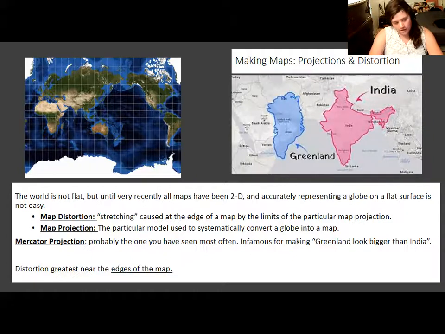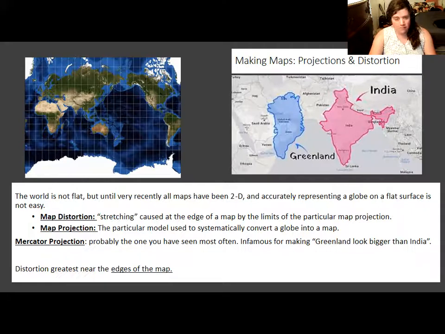A map projection is a model used to systematically convert geographic points on a 3D globe onto a 2D map. And these projections are traditionally centered at the equator, which is reasonable, but what that tends to do is make the areas near the poles look really weird. Like in all these maps you see where Greenland is like 4 times the size of India, even though Greenland is actually slightly larger than the country of India. And Greenland is close to the North Pole, so that's why it gets so distorted.